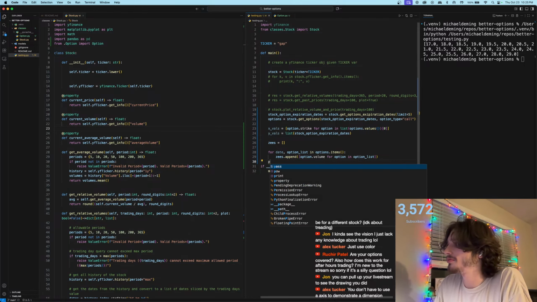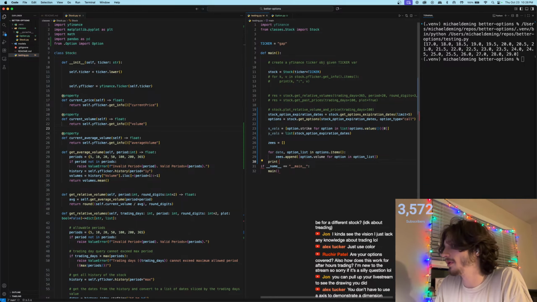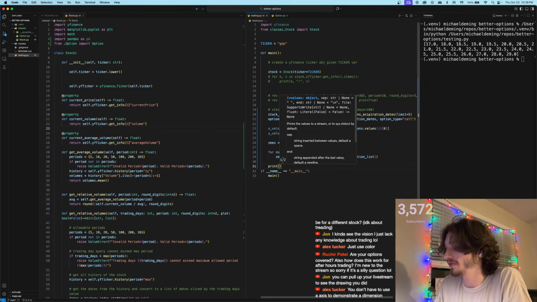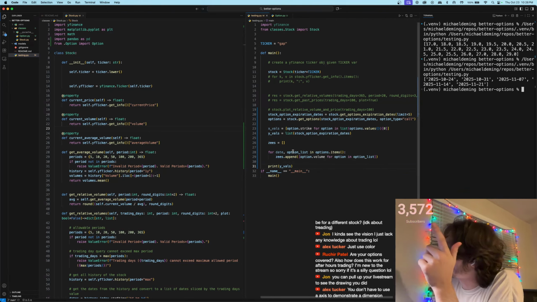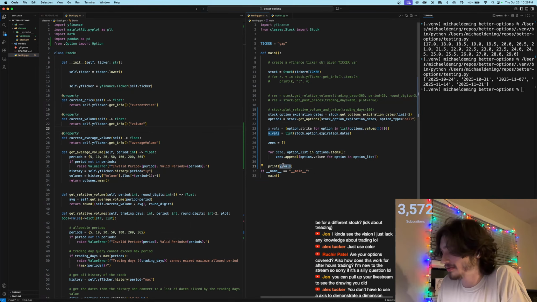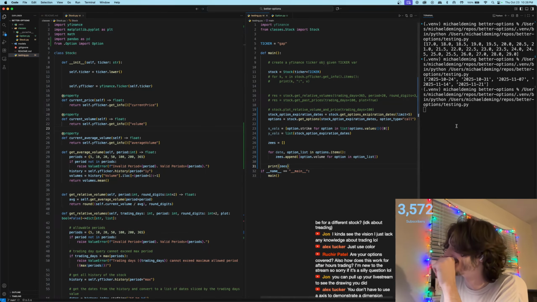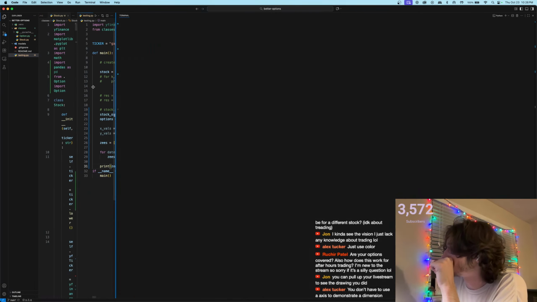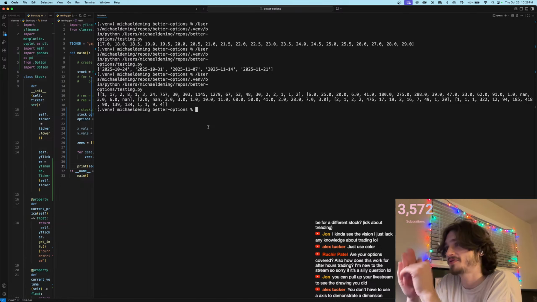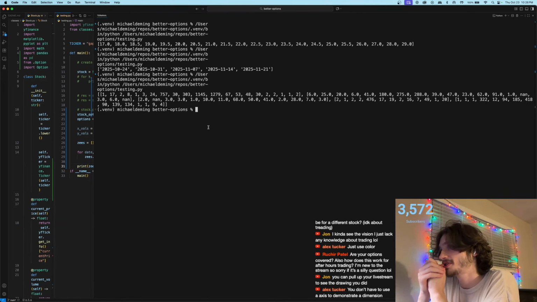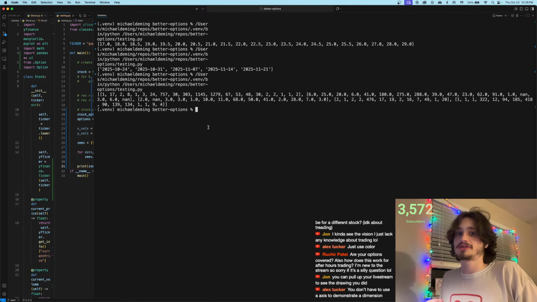So let me print here. Let's print some stuff. Let me see if we're getting stuff. Print Y values. Cool. Getting Y values, and let's print Z's. Ah, there they all are. Okay, so there's all the volumes for all the different strikes for the different expiration dates, and each of the different volumes corresponds to a different option strike price within that expiration date. Because remember, each expiration date is just a